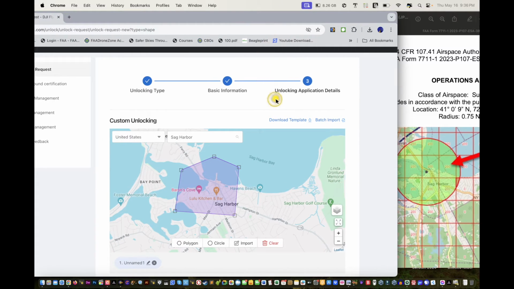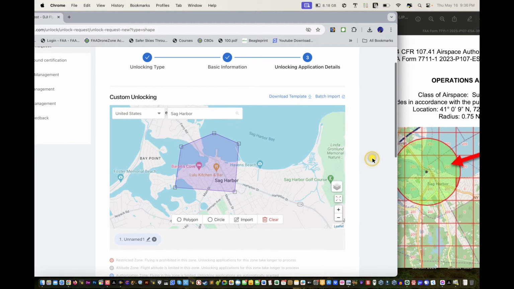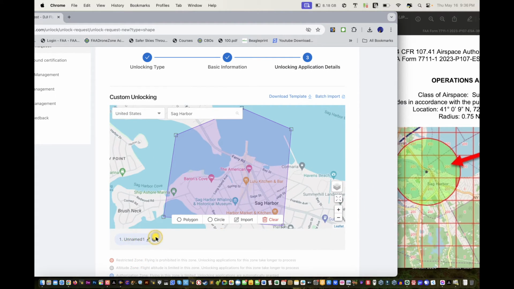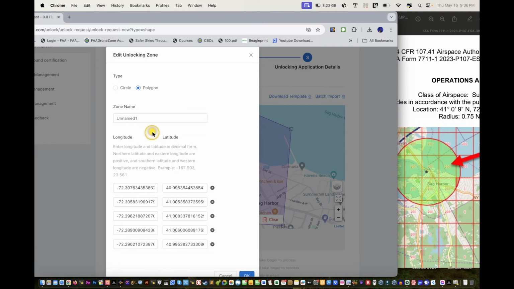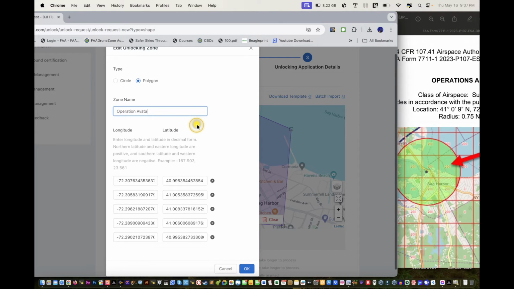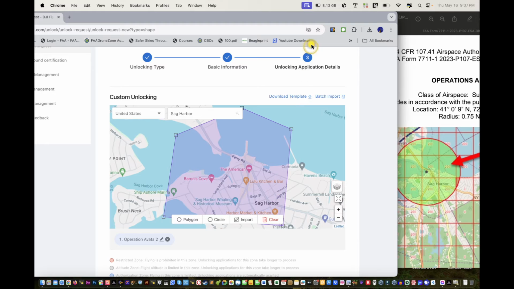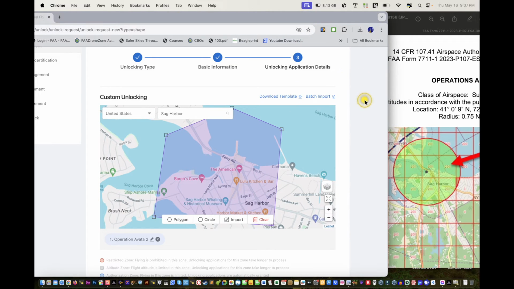Okay, so now all that's approved, and then we're going to call this the unnamed. I'm going to call it. Whoops! You have to click on the pencil, and we're going to call it. You could do a circle too. Operation Avata. Okay. Avata 2 because I have a few Avatas. All right, so knowing that and moving forward,